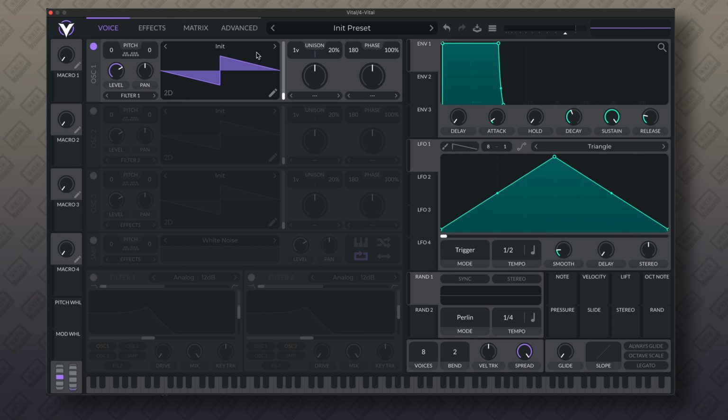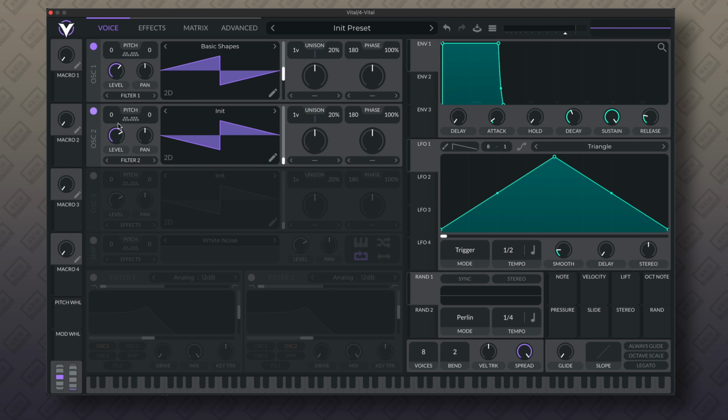Now, this is how the initial patch sounds like. Not very interesting, so let's change that a little bit to the basic shapes, and let's choose the same saw wave but in the other direction, and let's leave it as this basically. Maybe turn down the level a little bit, and let's add another one, and this one will be a sine wave. So let's go to basic shape, let's leave sine wave, but let's go down an octave on this one